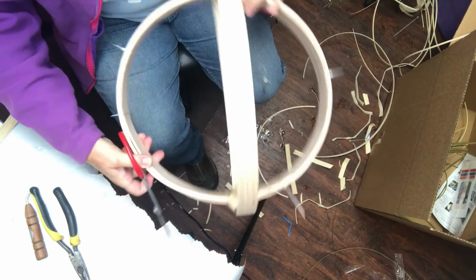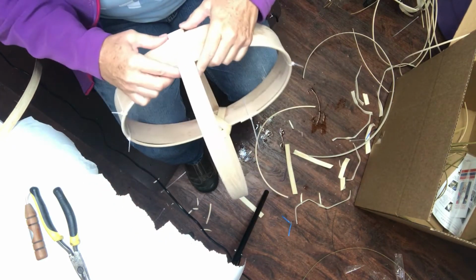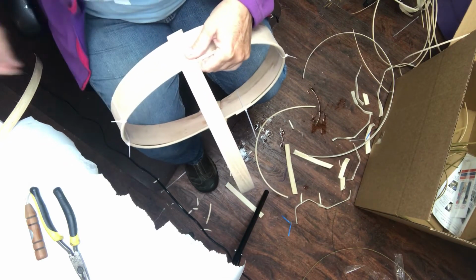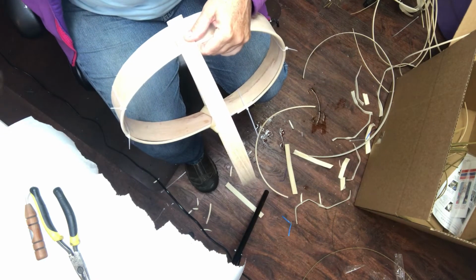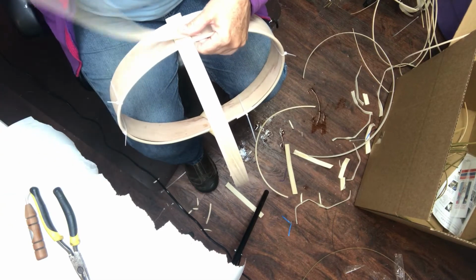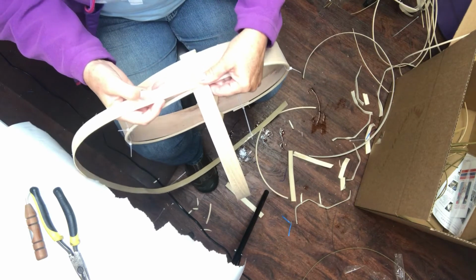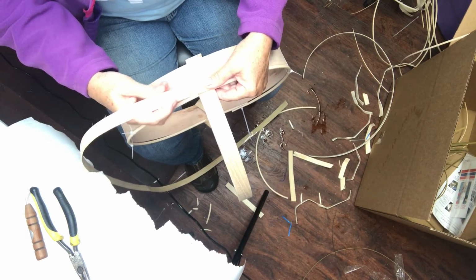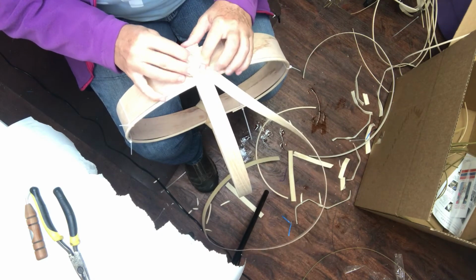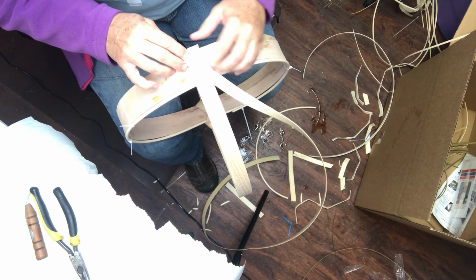So then we're going to come over here and do the other side. And remember, when you're using zip ties, they're only temporary. It's just a way to, it's like giving yourself several extra pairs of hands. And when they're in your way, they're going to go away. Okay, so once again, I'm checking to see what is the right and wrong side of the reed. Wrong side goes down. Got the smooth side up. I'm going to go diagonally across the handle,